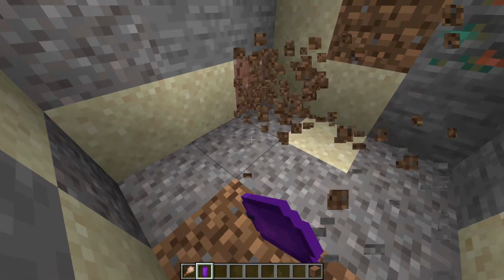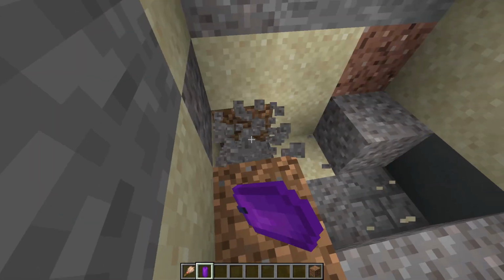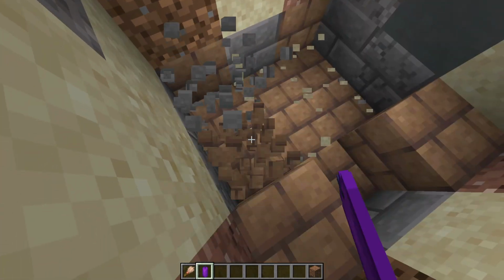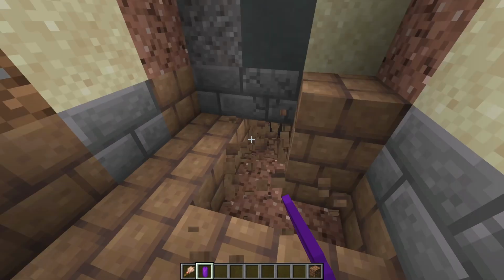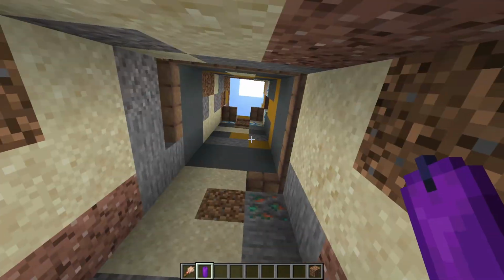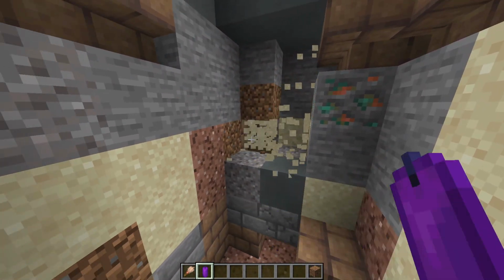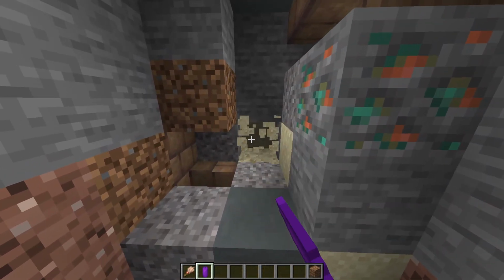Right, we got a candle, guys. Wow. Okay, we got a candle. That's just one of the items that you can get from this specific structure. So it goes pretty deep, actually. I think you can go this way, as long as there's sand. As long as there's sand, there's also some...